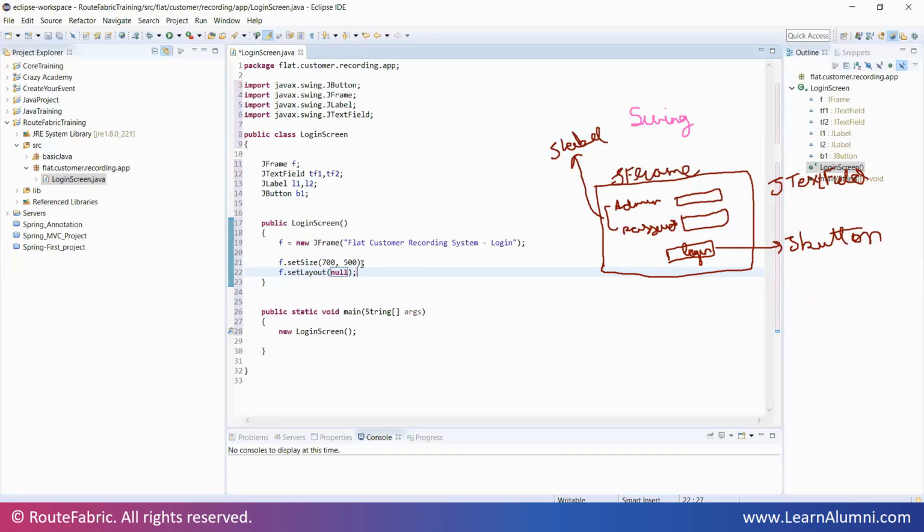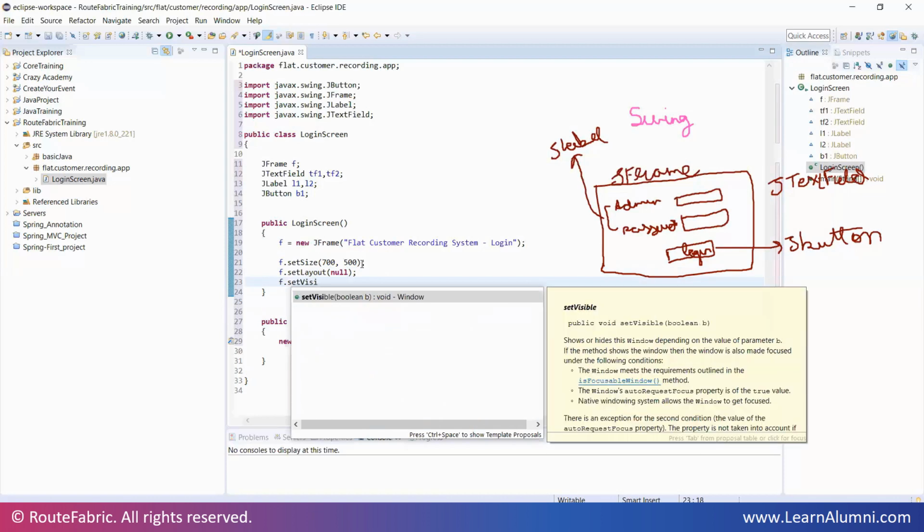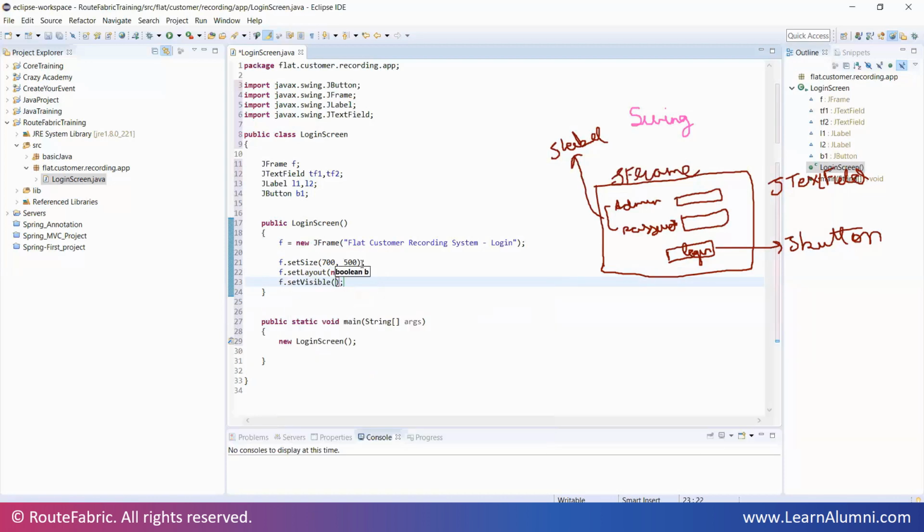Wherever we want, there our fields and everything should get displayed on the screen. Then we say F dot setVisible, because we need to tell whether this should be visible on the screen or not. If you say false, it will not appear on your screen. So that's what we have done. Let's see whether this frame is opening up or not.